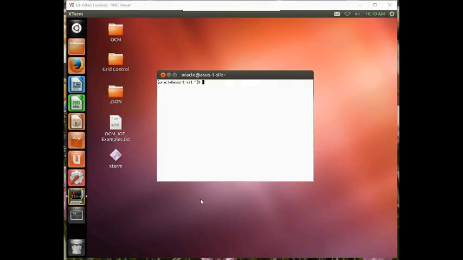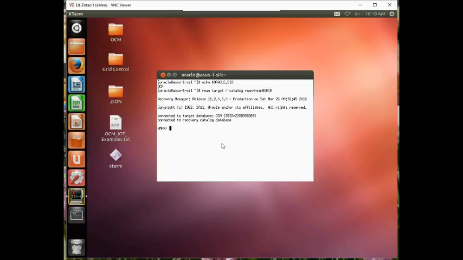So in this segment, I want to do a backup with the keep until time parameter. So let's do Oracle SID, and let's do RMAN target slash catalog RMAN at grid. Let's do run